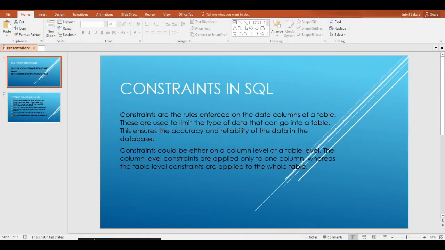Constraints in SQL. What are constraints? Like in real life, what are constraints? Constraints are a way to put some kind of restrictions on a way that things are being done, right? So in SQL too, we can see it as a way of enforcing a rule on the data columns in